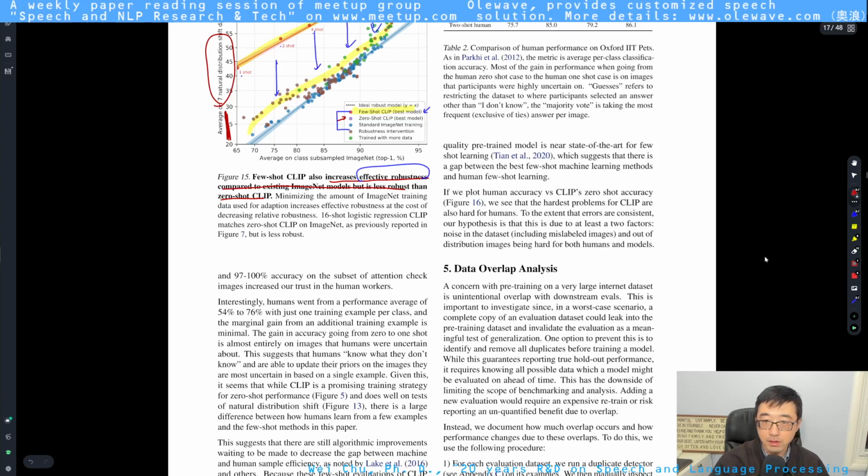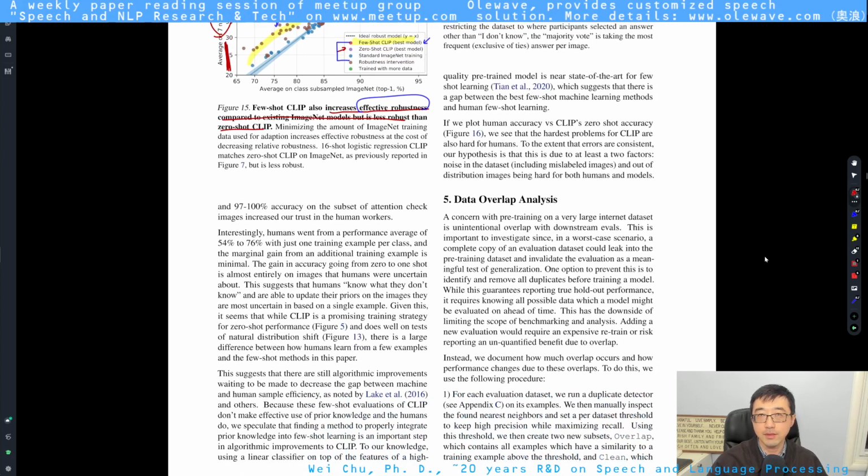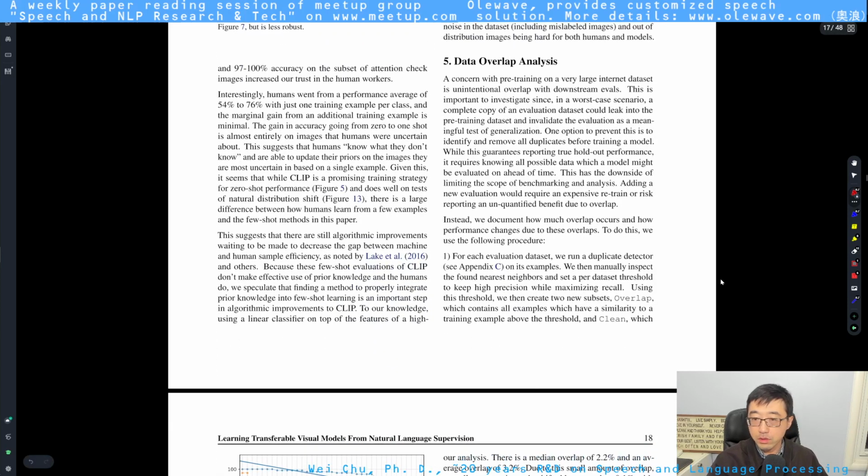Section 5, data overlap analysis. I think this is drawing more and more attention recently, because since you have been using the pre-trained method, you have crawled lots of data from the internet. Does the data you got from the internet have any overlap with your testing set or validation set? This is the reason why the authors